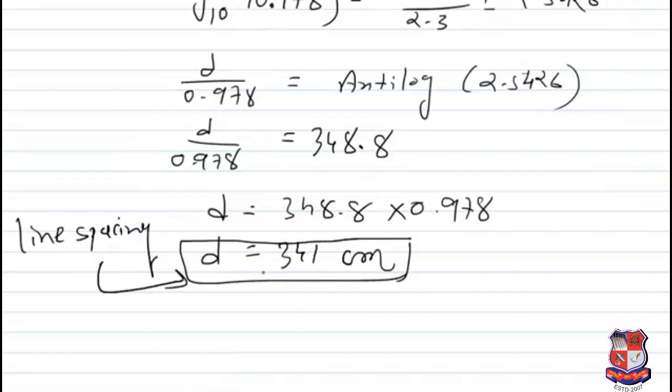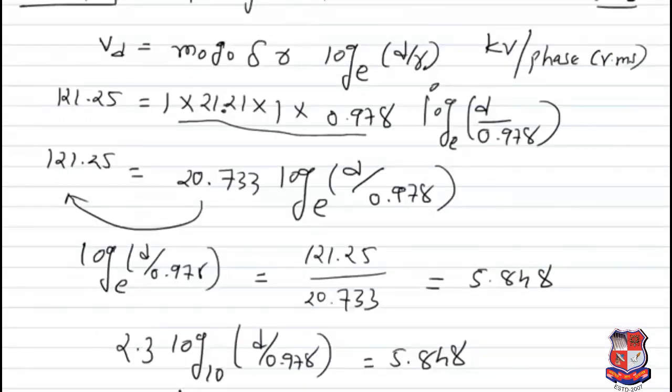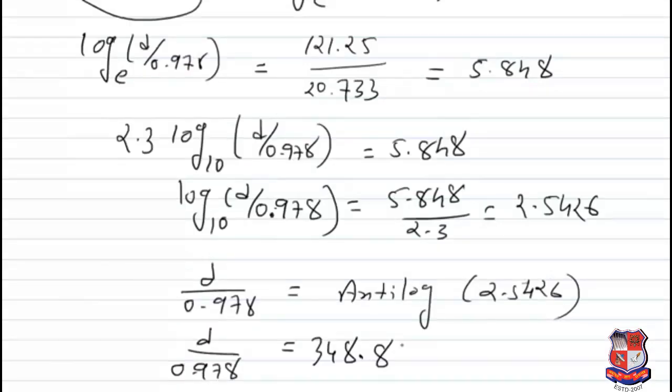So this is the second example. Here we directly use the same thing. We have used that same equation, but the other data are given. Vd is given, m0 is given, g0 is given, delta r is given. The D is not given, this question mark. So we can solve this by the equation. And the last example,